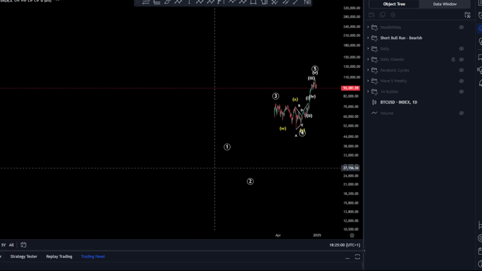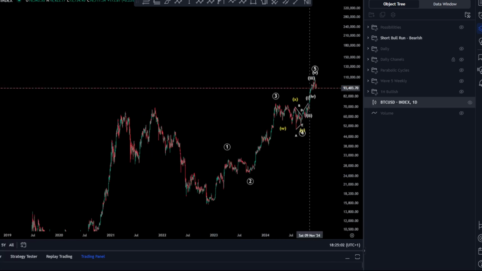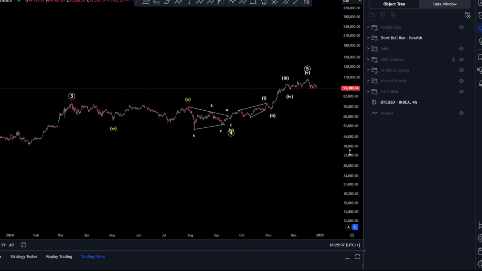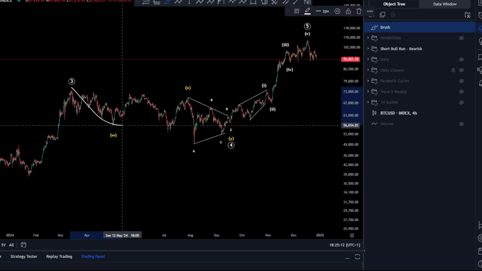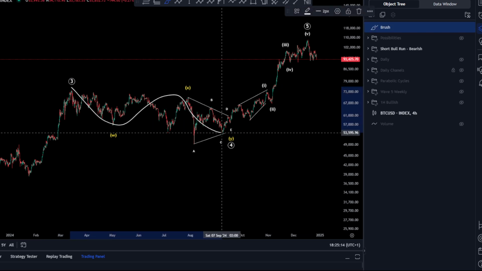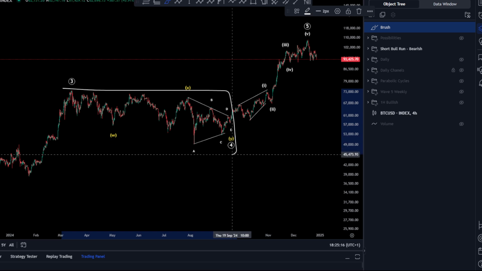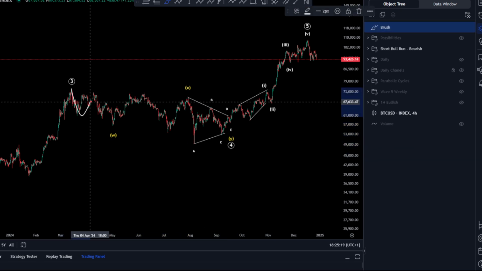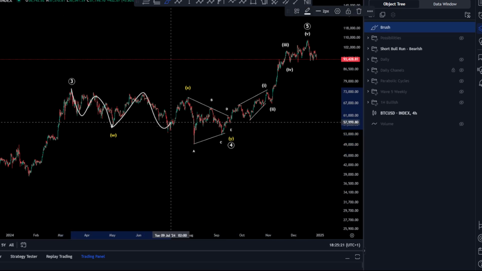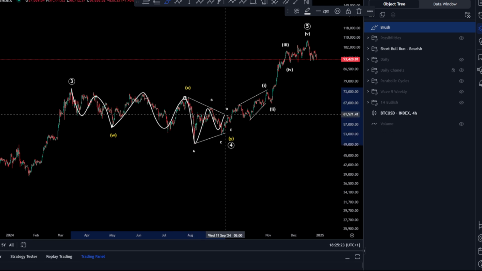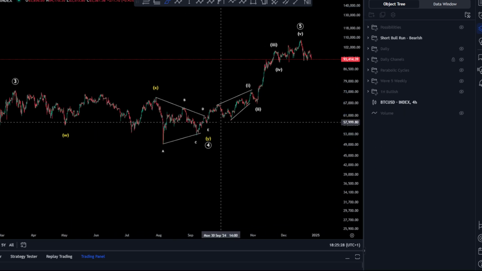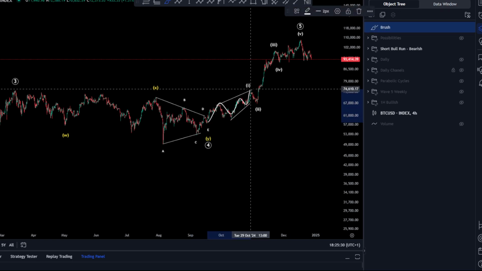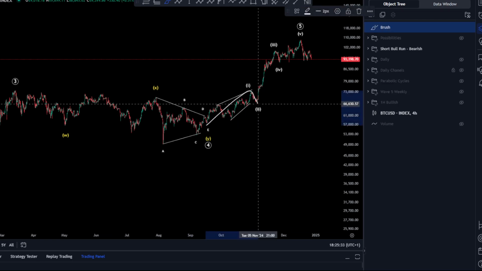Let's go even to see it on the daily. You have 1, 2, 3, 4, 5. Your wave 5 has finished. How did it finish? After your wave 3 here, you have a correction W, X, and Y. This WXY might be extended as a zigzag for W and zigzag for X, and A, B, C, D, E for your wave Y, making a WXY, and then starting from here as 1, 2, 3, 4, 5 for a contracting diagonal, which is